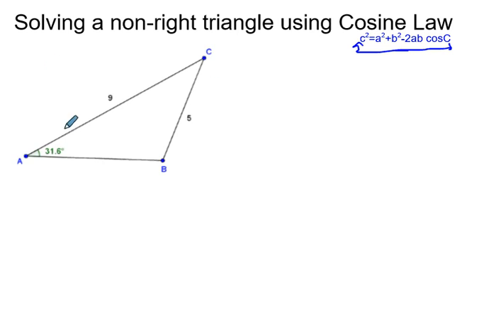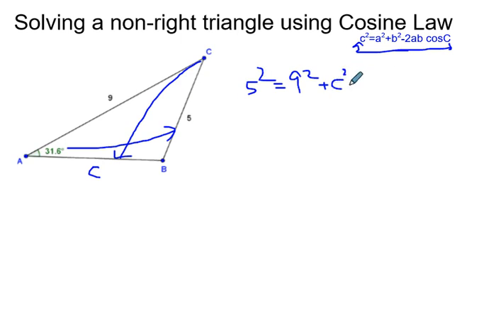So in your picture here, because we know the angle 31.6, we're going to start with the side that is opposite, which is our 5. So when you write down your rule, you're going to write 5 squared is equal to 9 squared plus, and I'm just going to write again my letter here, C. Now you realize that sometimes it's confusing like this. In the formula, I use the letter C because it's opposite my side C, but it's confusing in my formula, so just be careful with that. So 5 squared is equal to 9 squared plus C squared minus 2 times